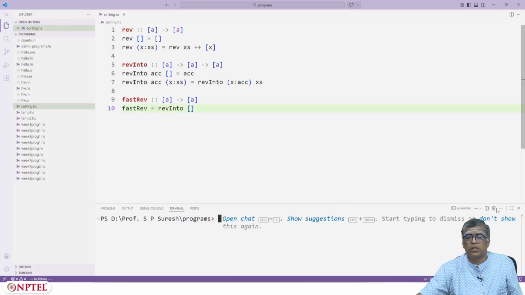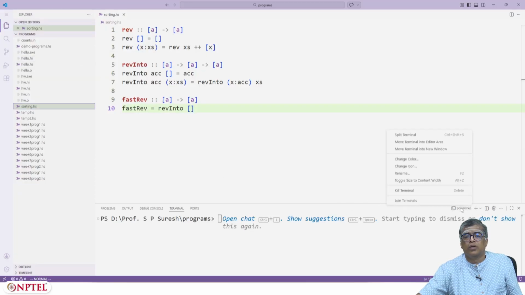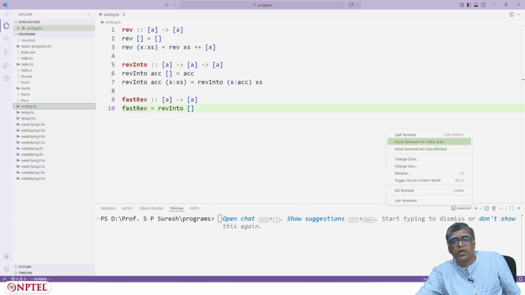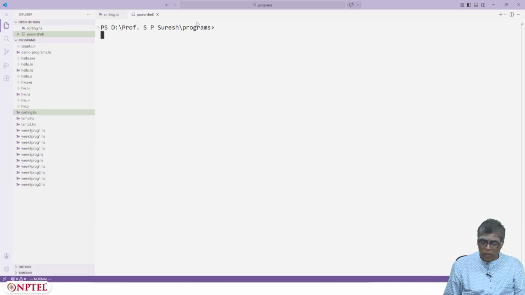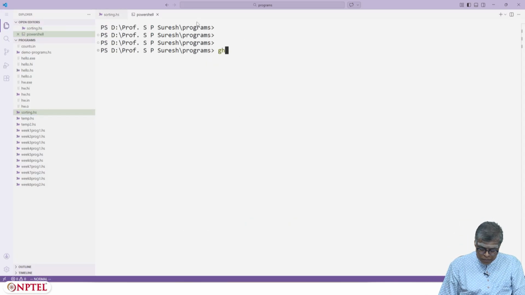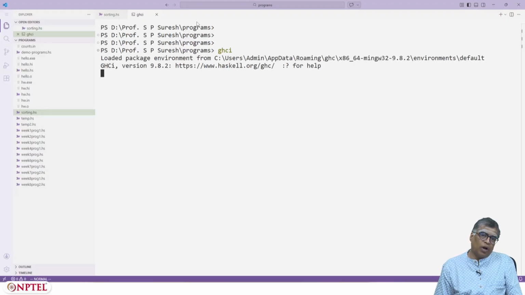Okay, there is a terminal here which I can move into the editor area. Good. I can start GHCi and I can try to run the built-in reverse, rev versus fast rev, so that we see the difference in actual time.